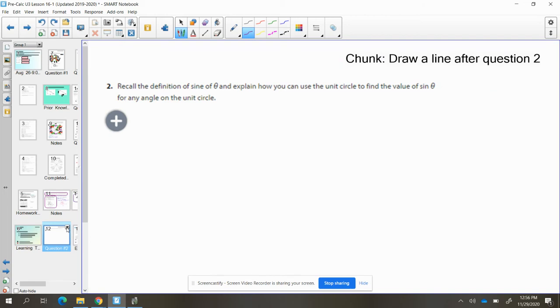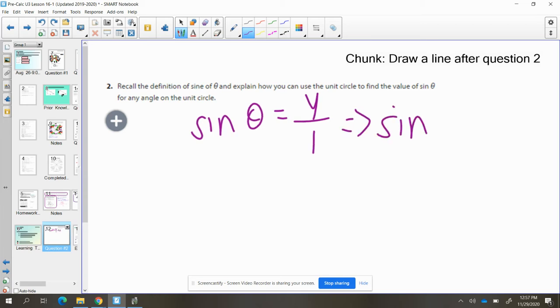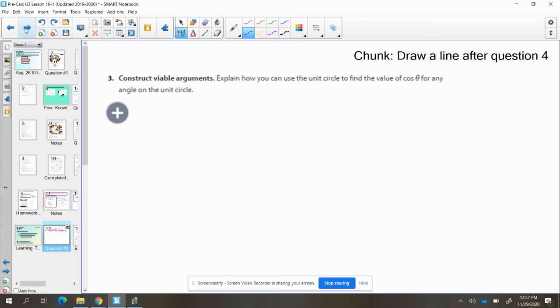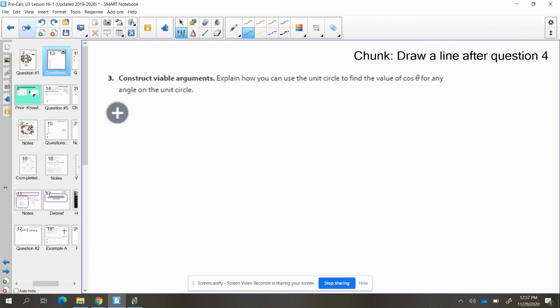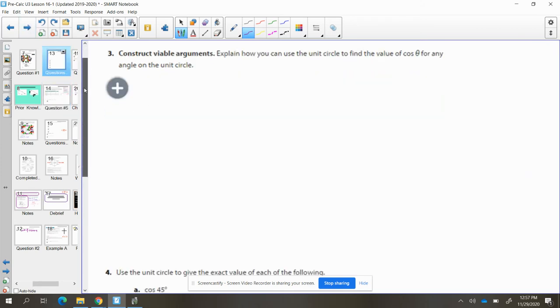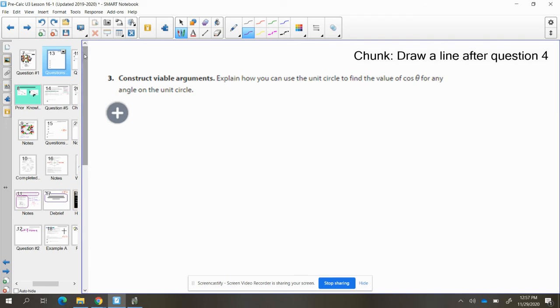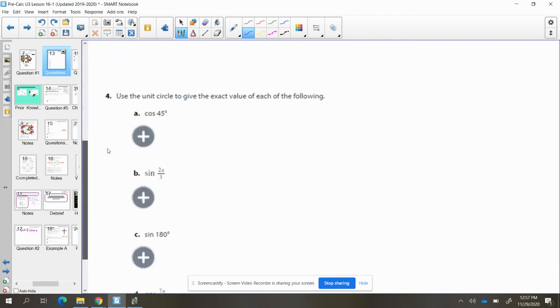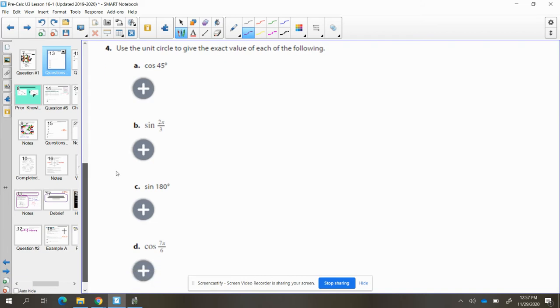Now, in number 2, that kind of covers what we just said: because of the radius being 1, we can just assign in the unit circle, sine is associated with your y value, and the same thing for cosine. Moving on then to part 3, whoops, skipped over. Part 3 and 4 down here say that, based on this information, if we're looking at our unit circle,